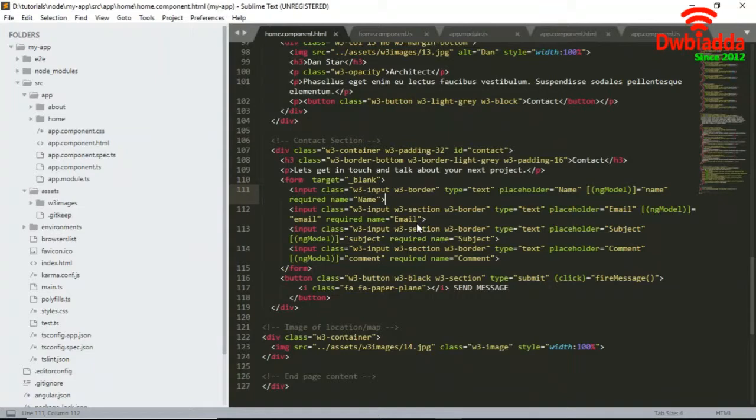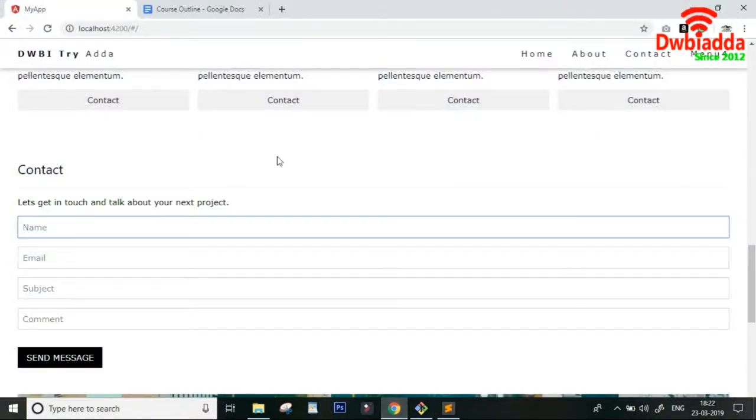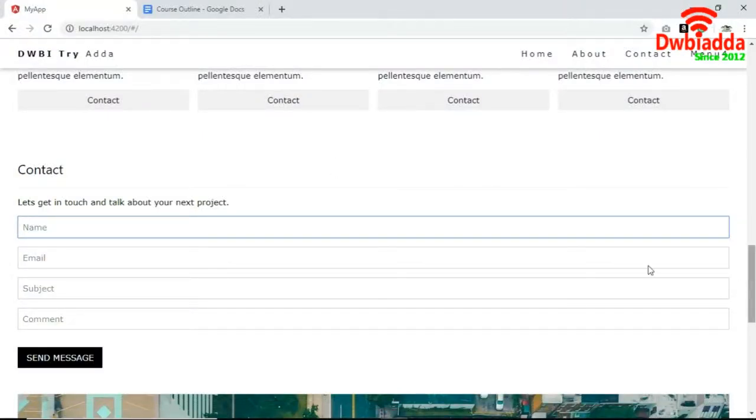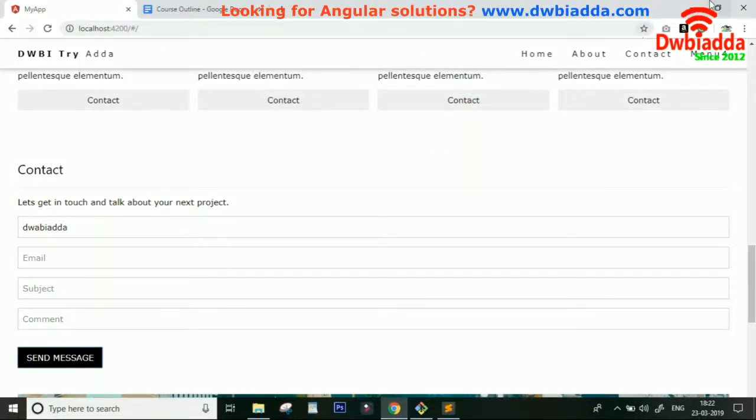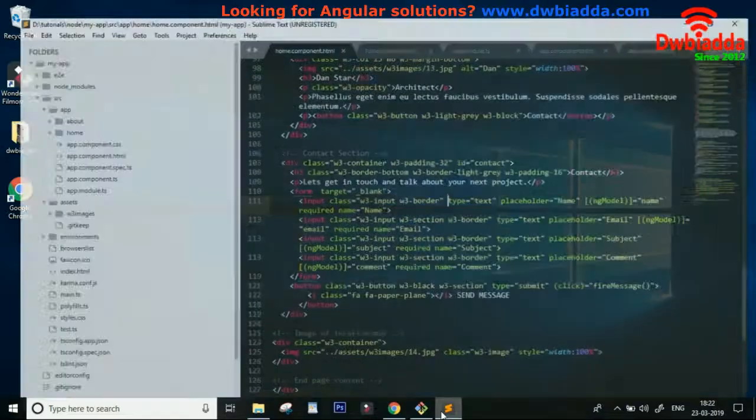So now after binding, our page has been successfully compiled and reloaded. I write here and press send message. You see the same thing comes in alert. The alert has been written